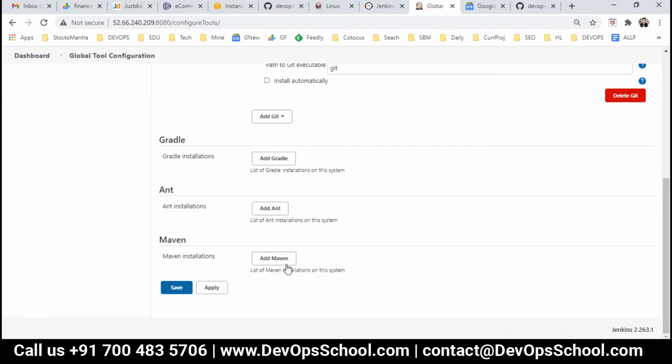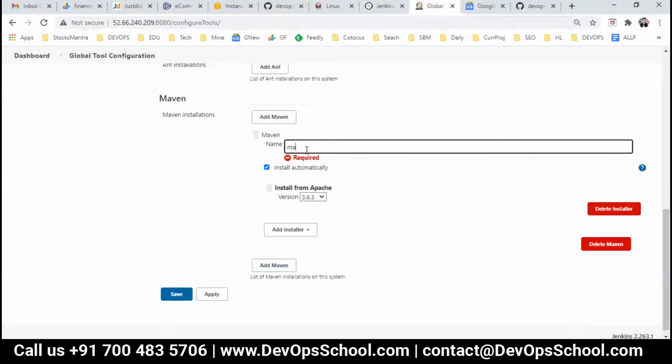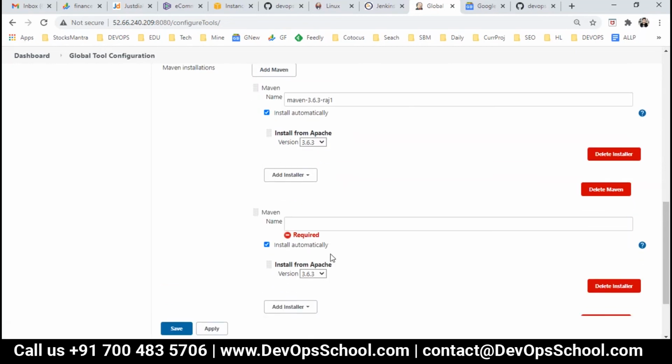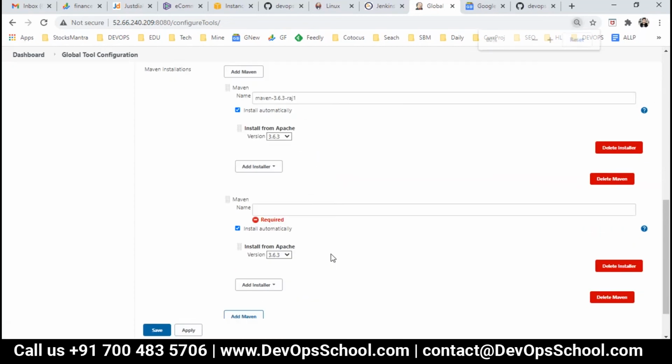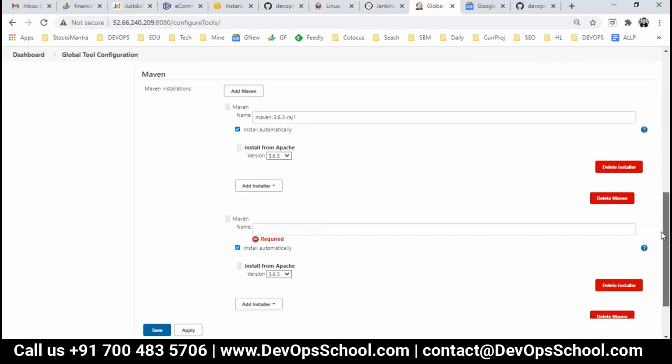By the way, for the time being, I'm adding a Maven. This is Maven 3.6.3, Raj 1. And you can add more Maven if you want.